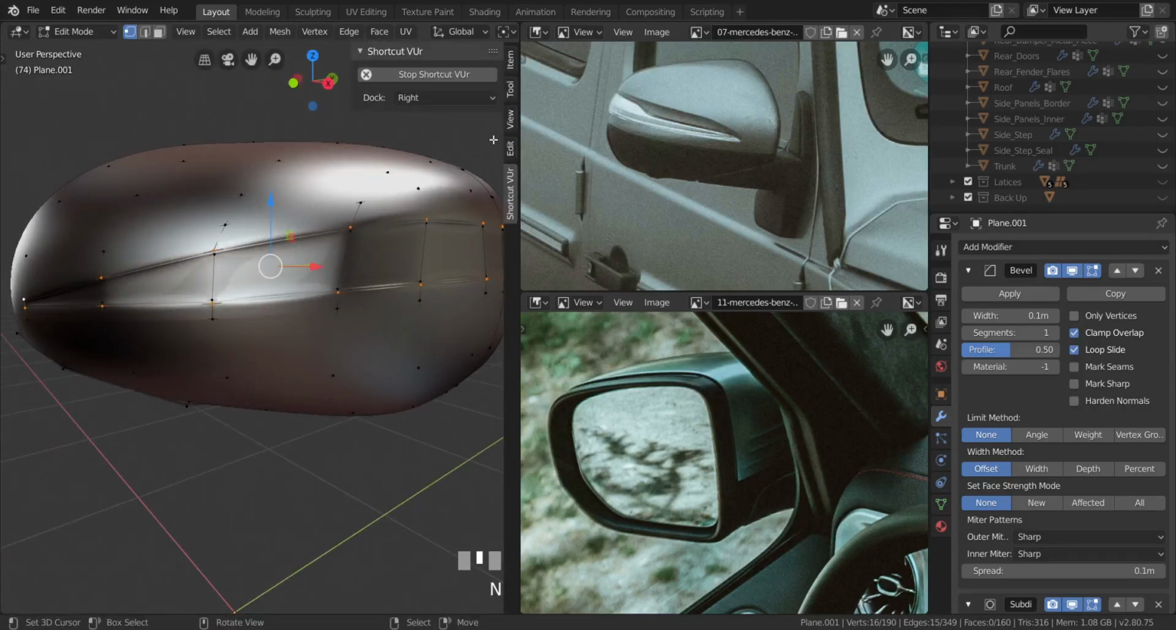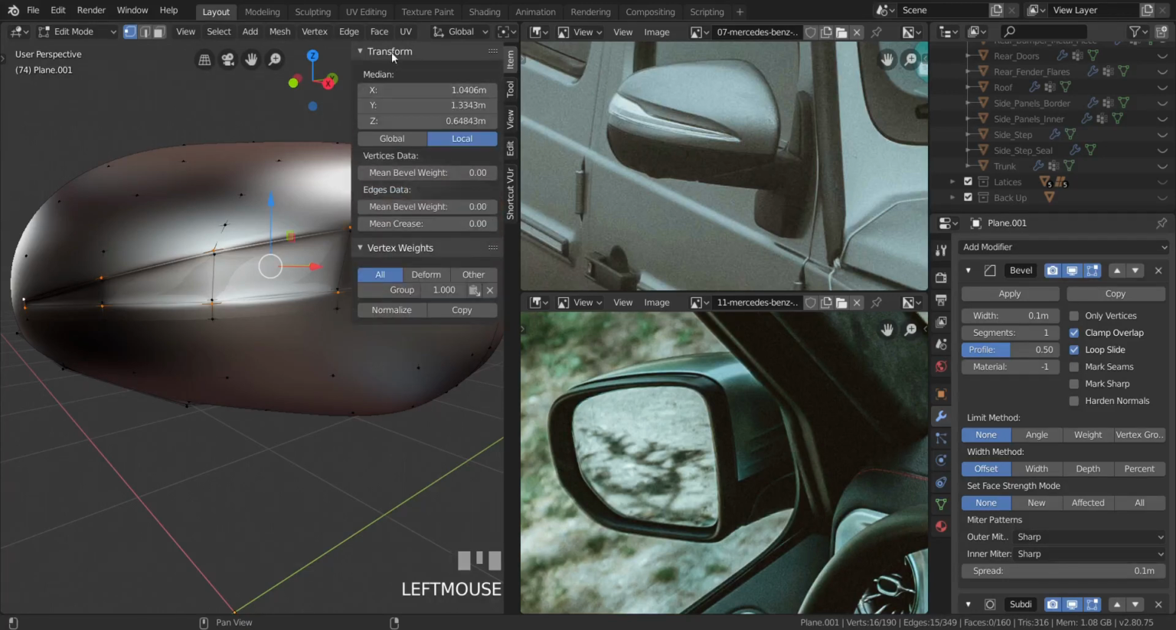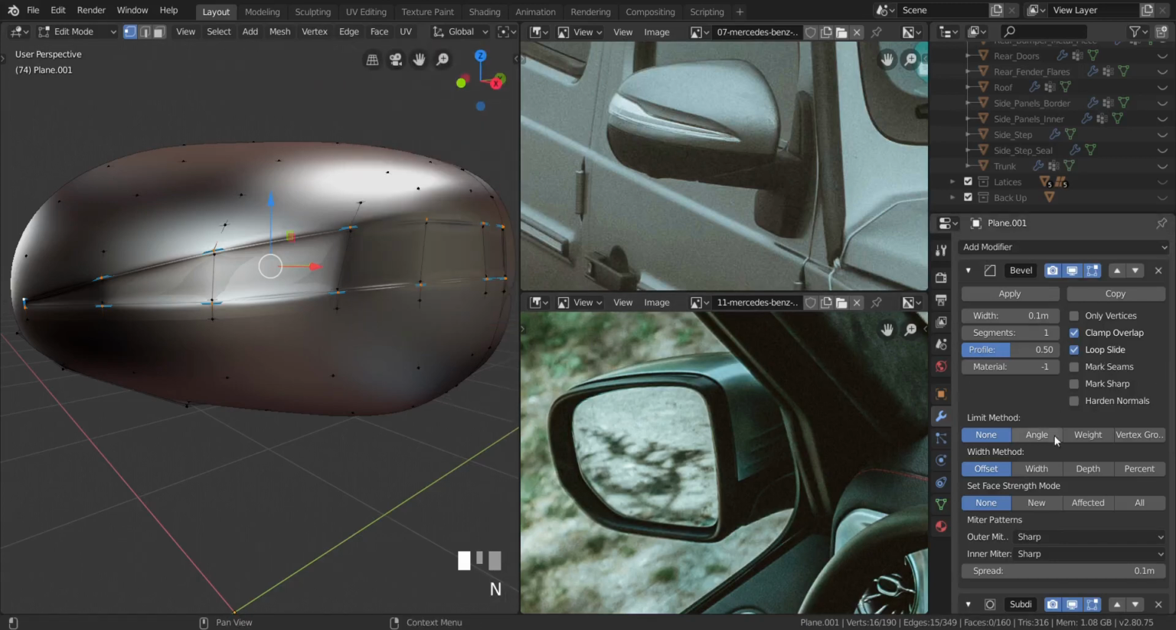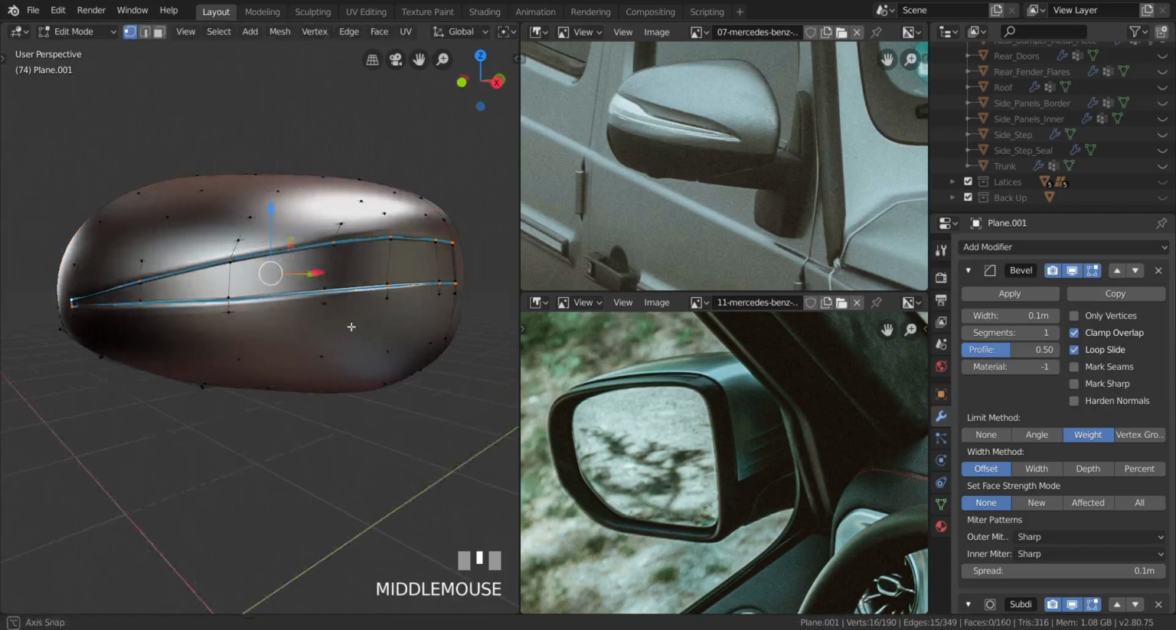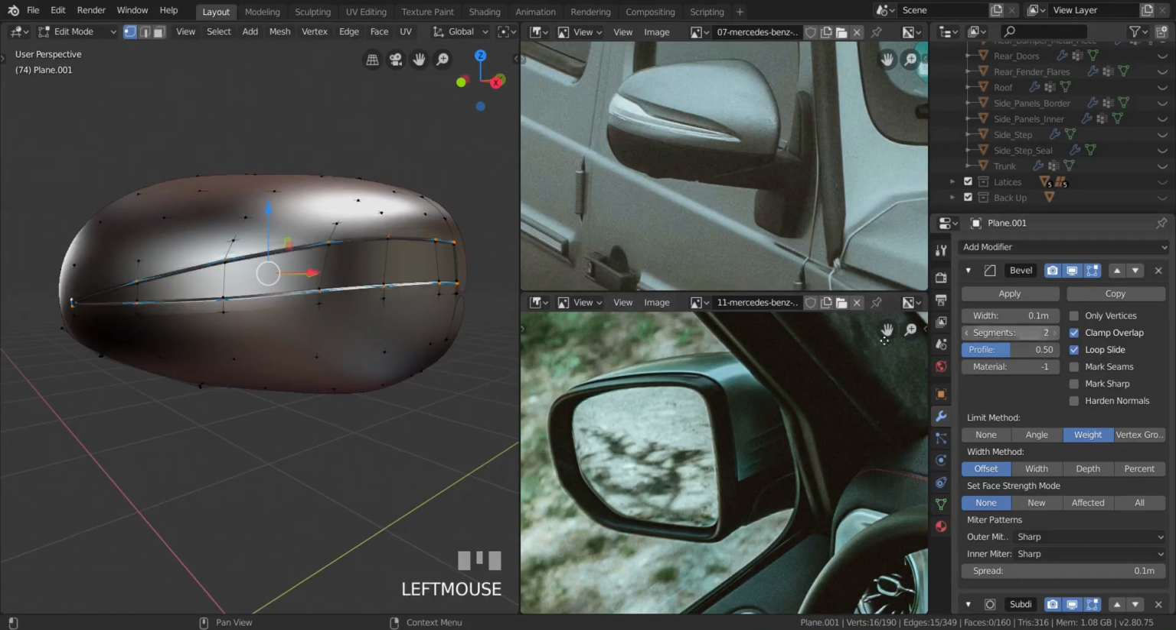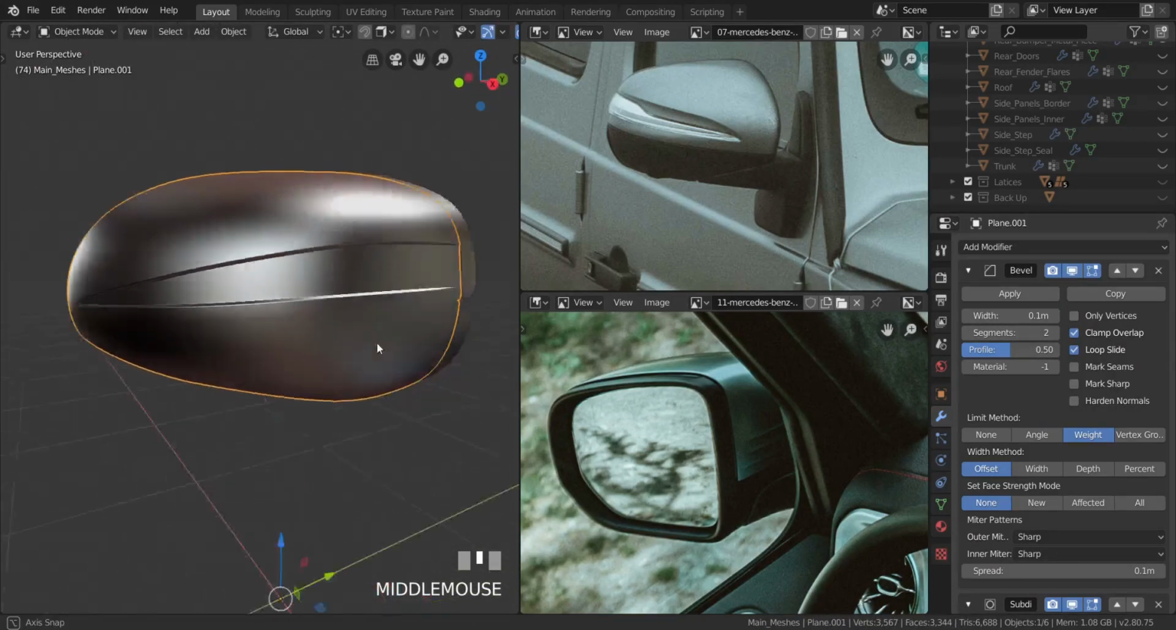And with those edges selected, let's press N and go in here. Let's go to, I think, is it tool? No, item. Go to item and bring down the transform menu here, and under edges data, let's increase the mean bevel weight all the way to 1 like that. Alright, so let's press N and go back in here. We're going to change the limit method to weight, and you can see it's working, but it's not that good yet. So let's increase the number of segments to 2 like that,